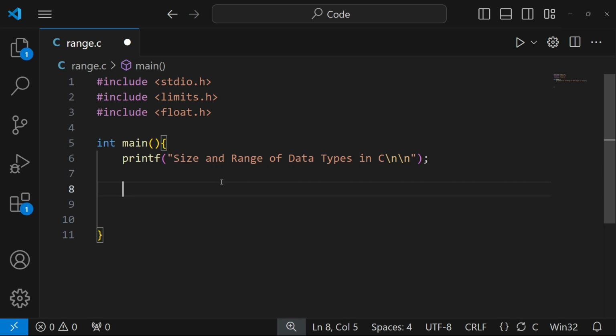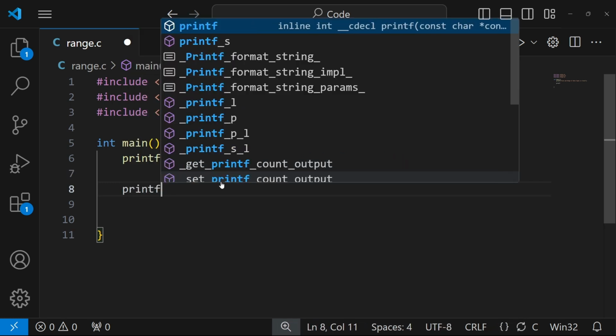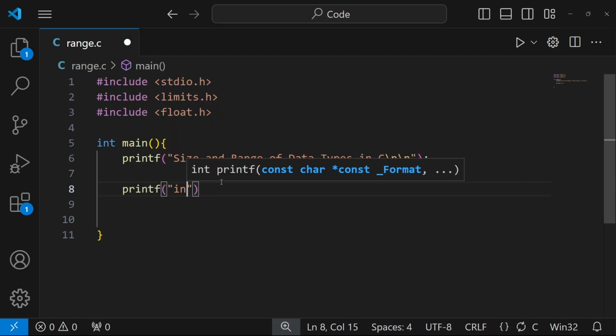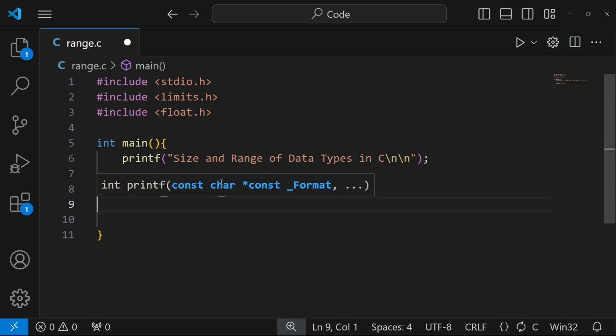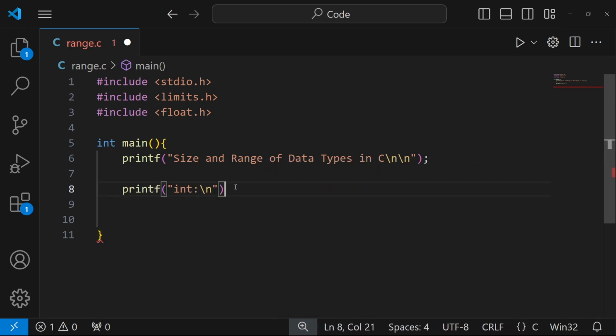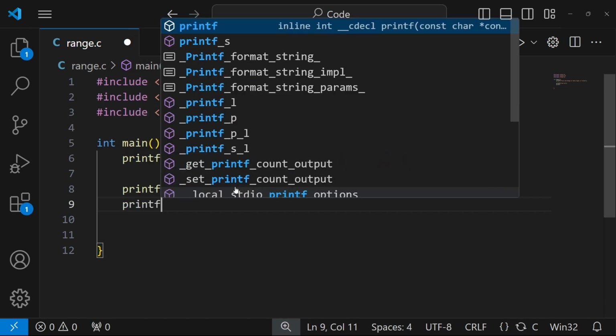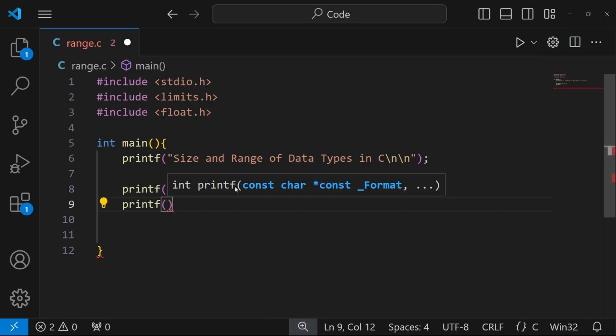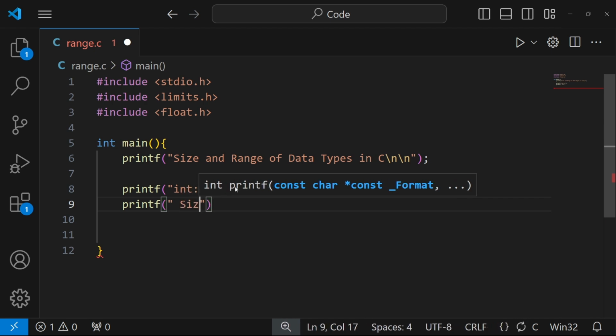Let us begin with the first data type, that is integer. Let's first print the size of an integer. Now in C programming, we have a function called sizeof. Sizeof will basically return the size of a data type or a variable in C programming. So let's say size of integer, which is